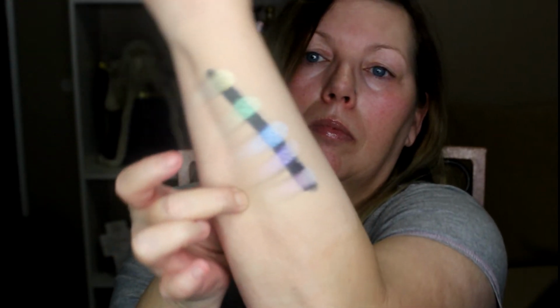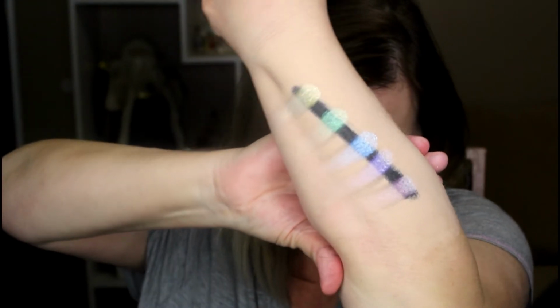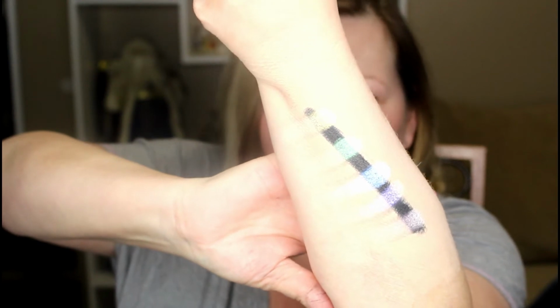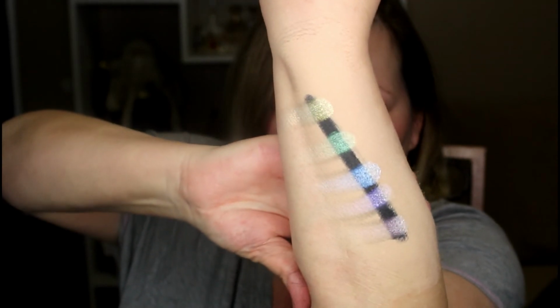And then last but not least is called Blur. This is the one with the peachy undertones. And I hope you guys are able to see those. They're so pretty. So there you have it. That is all the swatches from the Winky Lux palette, the Duochromes, and just the regular colors that are in the Distortion palette. I want to really quickly, because I know this video is getting kind of long,